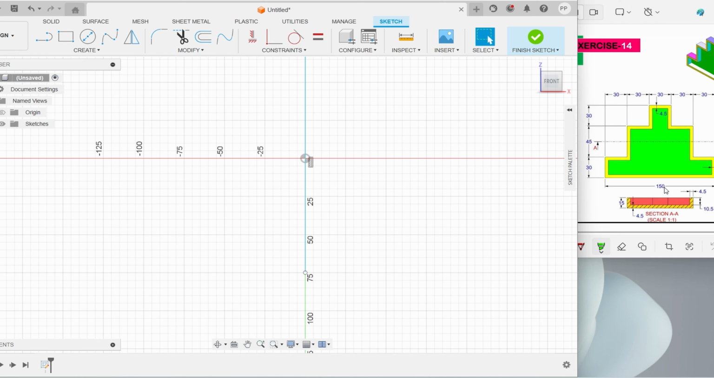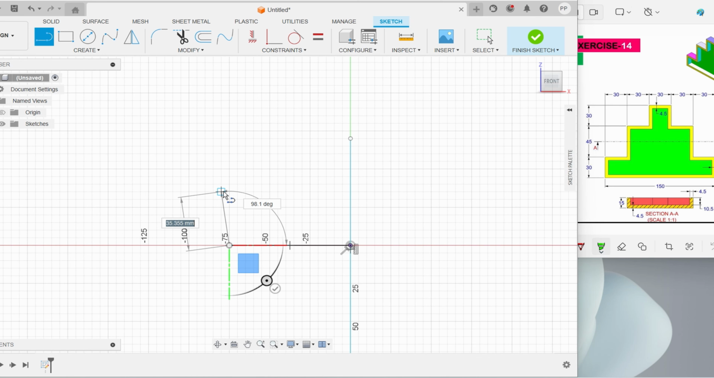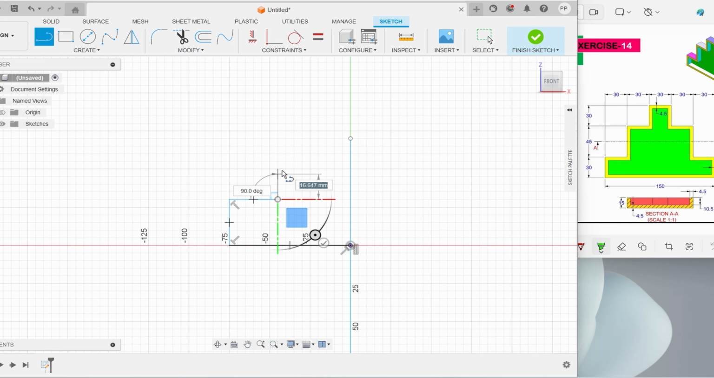I'm going to divide it into half and 75 mm I'm going to draw from the bottom, 75, and 30 mm to the top, and other 30 mm to the right, 45 mm to the 45 mm,